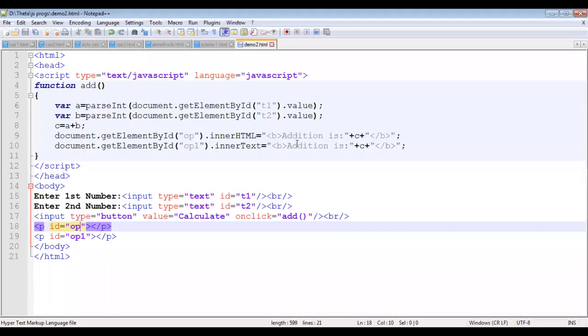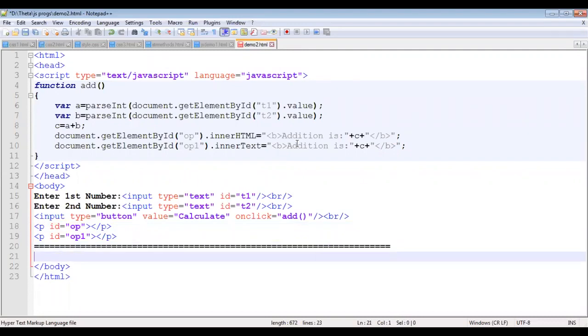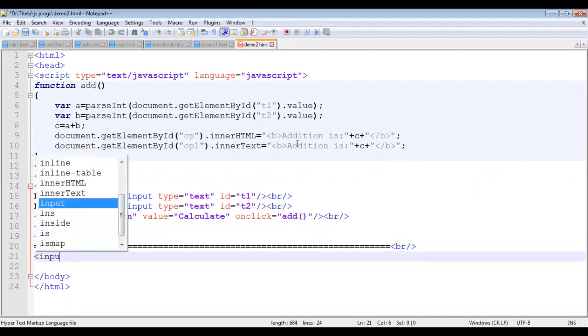Now, along with that, let's say I've just taken a simple button, and on click of that button, we have to perform some action.